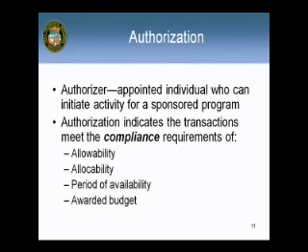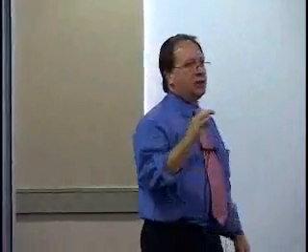One of the pieces that you have to be looking at if you're a delegate is this whole thing about awarded budget. I'm not going to talk too much more about the allowability and allocability, but awarded budget, okay? One of the big gaps that we have as a system is the fact that we don't deal with our budgets very well. When you look at A21, Section J29, what it says basically is that you can't exceed your revenue, the way they phrase it, but conceptually, the way the OIGs look at it is that your budgeted revenue is going to be the most that you could spend also, because to an OIG, revenue equals expense, and that makes sense in a restricted world.